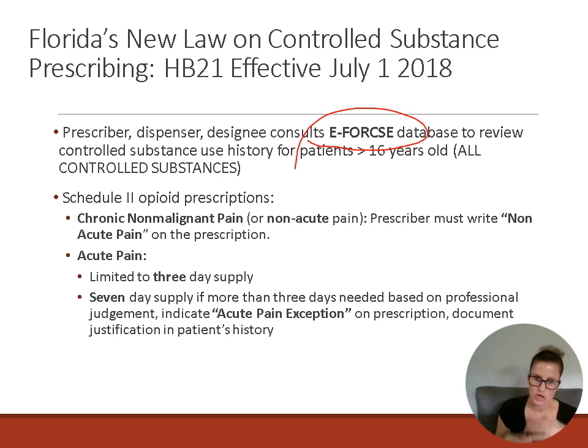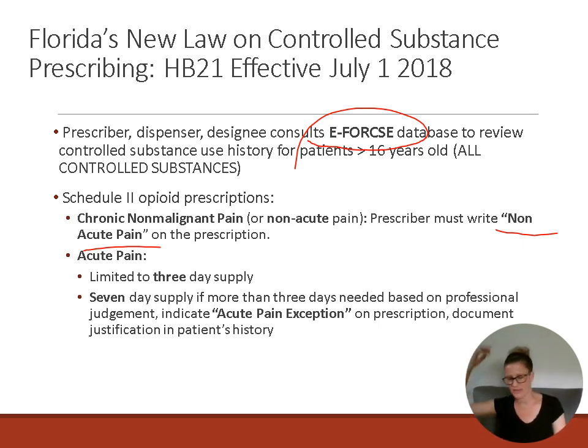If it's being prescribed for chronic non-malignant pain, so chronic non-cancerous pain, the prescriber has to write non-acute pain on the prescription, to document that. And then it can be written for a month's supply. So if you're, say, a pain doctor and you're treating a patient who has chronic back pain, they've had a bunch of surgeries, it's well documented that they need this medicine and they're taking opioids around the clock for the whole month, you can prescribe that month's supply, but you've got to write non-acute pain on the script so the